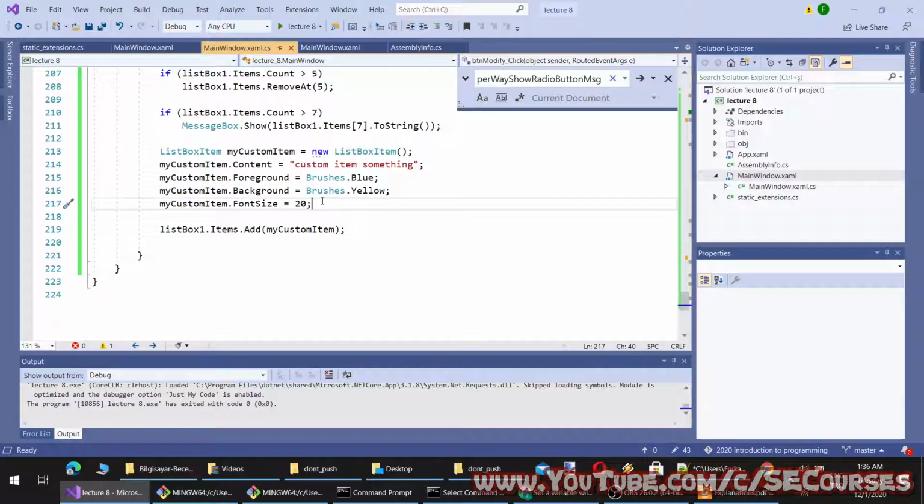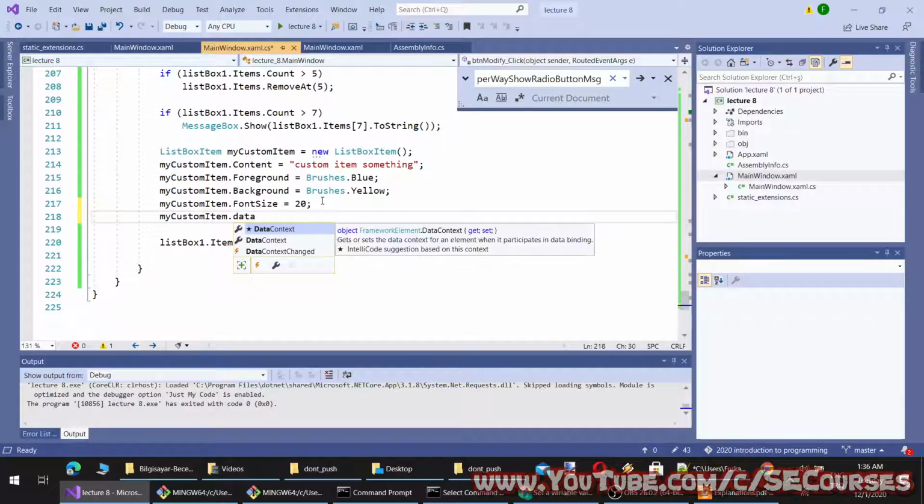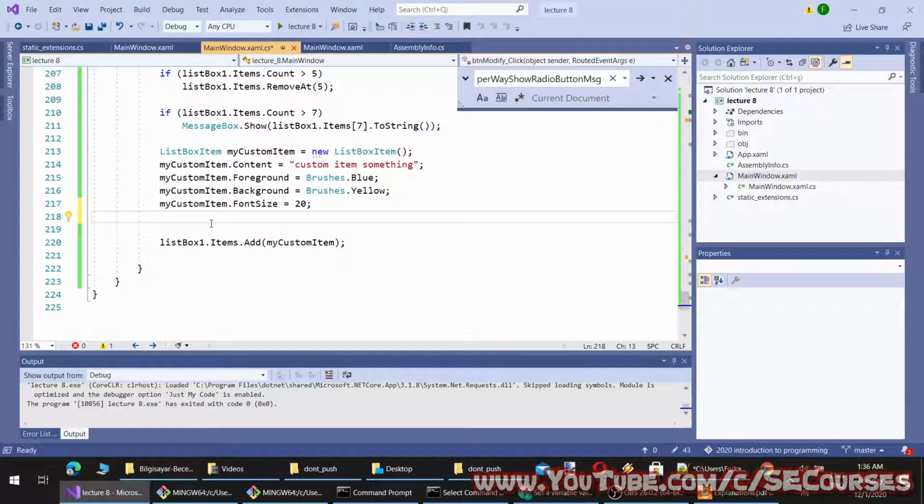In data context of this also. I will try something for one moment.